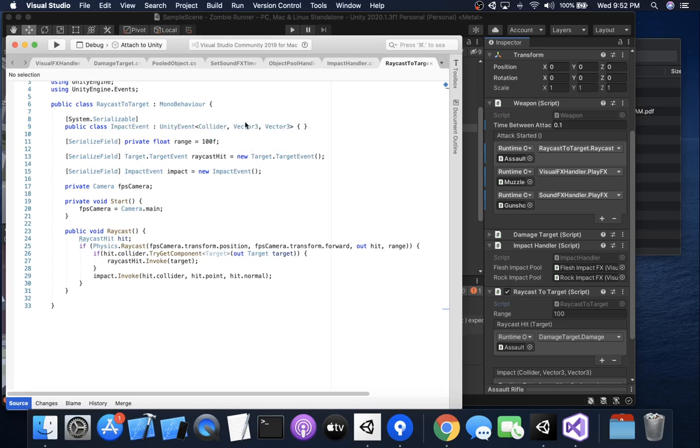This is the collider, the position, and the normal. So here we have impact.Invoke, collider, hit.point, hit.normal. And so we use this to orient the blood spatter and the impact hits so that they look cool when they're played. And that is the new sound effects